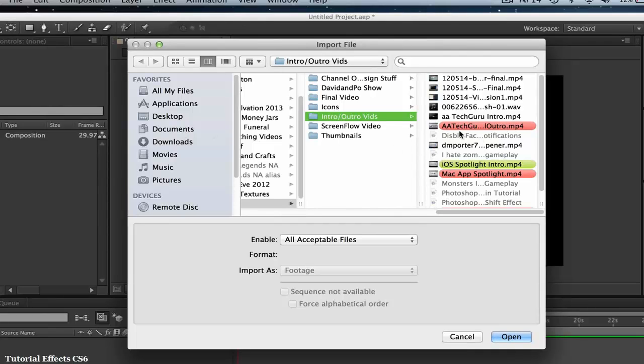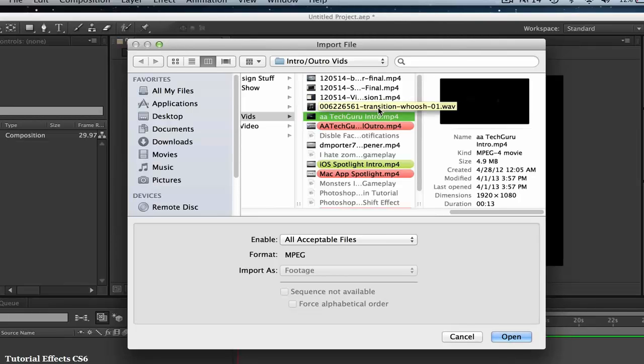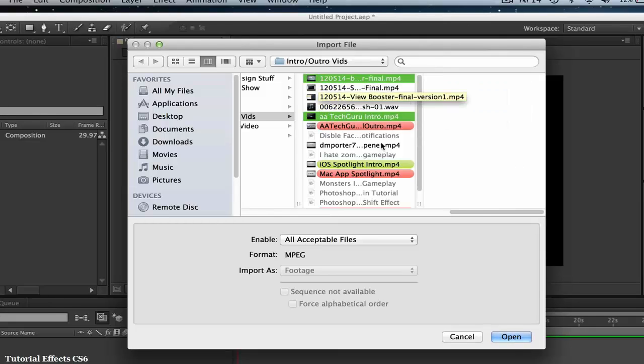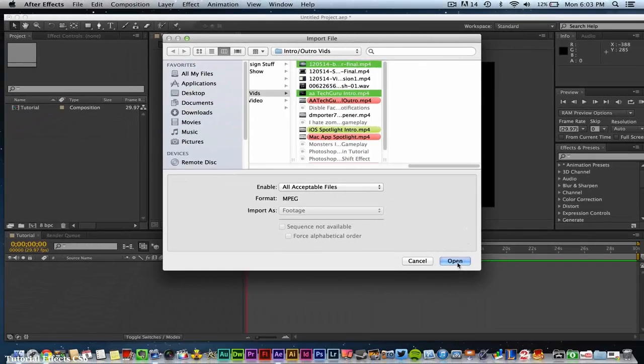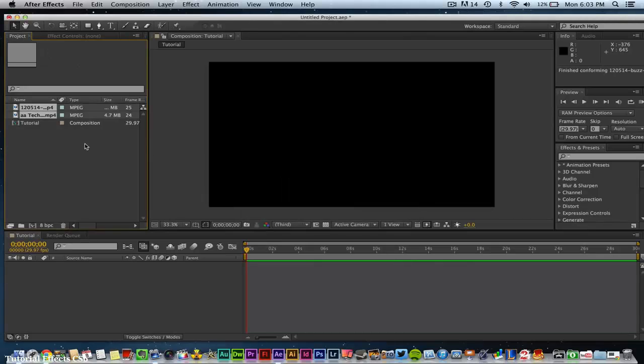I'm going to go ahead and drag in a few different things here. In order to select multiple files on a Mac, hold down Command, on a Windows, hold down Shift. I'm going to select two different video clips, then go down here to the blue Open button and click that. Once all of this is imported into After Effects, you should see it over here in